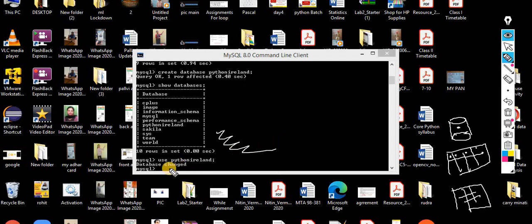Whatever you want to do, if you want to create a table, you have to specify: this one is my table, this is the name of my table. And what are the columns in that table? Again, you have to specify that. And what are the data types of those columns? Whenever you are making a table, it is mandatory to tell.